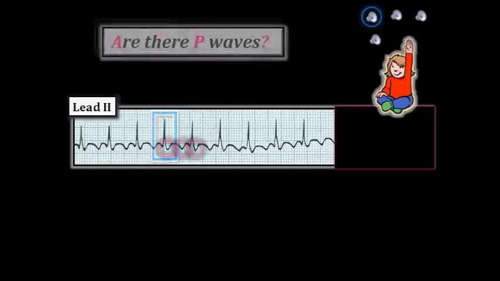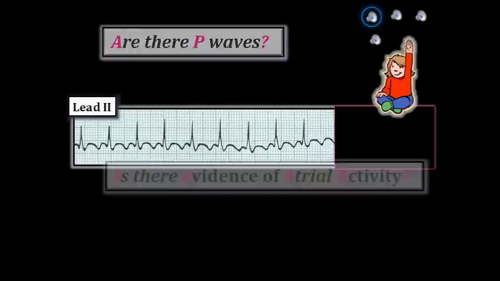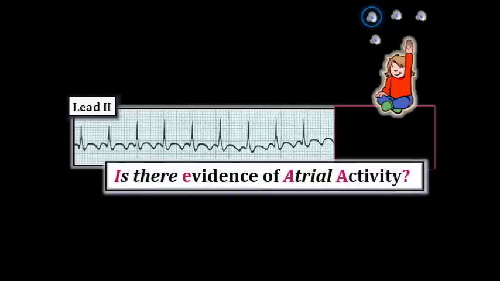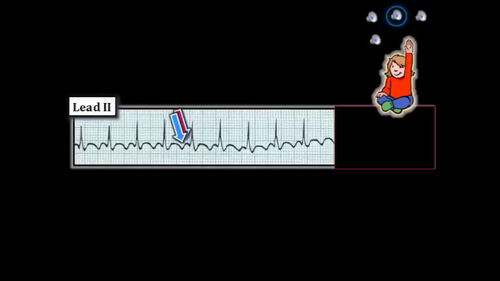Are there P waves? Or should I say, is there evidence of atrial activity? You might think that this positive deflection immediately preceding the QRS is a P wave, red arrow. But if so, then wouldn't the PR interval be a bit short to conduct? How about this negative deflection, blue arrow? And how about the possibility that all of the negative deflections we see on this tracing might represent atrial activity? The bottom line is that we simply can't tell for sure about the presence or nature of atrial activity on